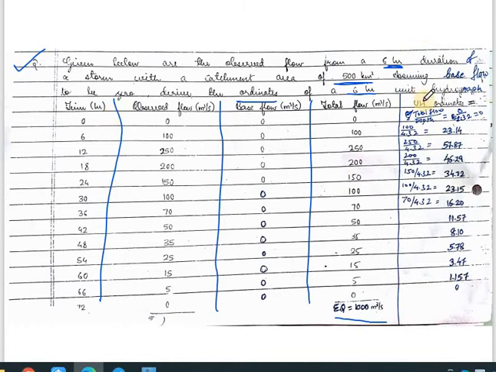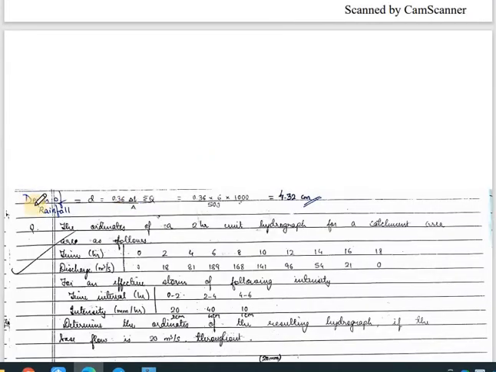Now if you want to calculate the total runoff, as I have told you, in order to calculate the ordinates, you have to divide the total runoff by the depth of the rainfall. So for the depth of rainfall you need to use this formula: 0.36 into delta T into summation of Q divided by area. So 0.36 into the interval, which was 6 hours. The total discharge is 1000 and the total area is 500 kilometers square. The area needs to be taken in kilometers square. So the depth comes out to be 4.32. So the total depth of rainfall is 4.32 centimeter from this formula.